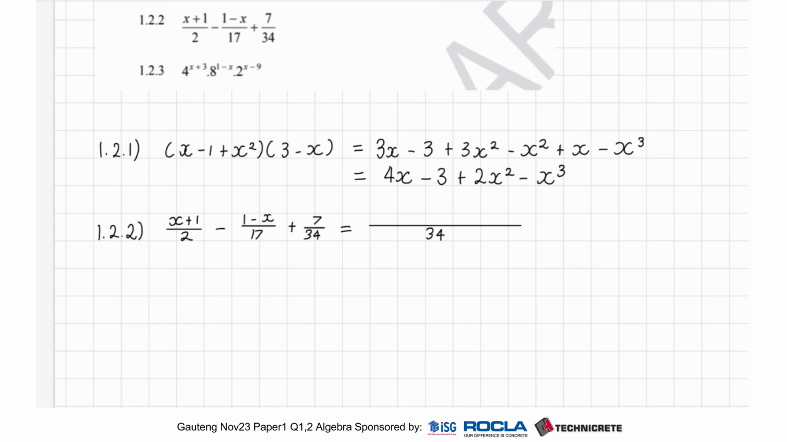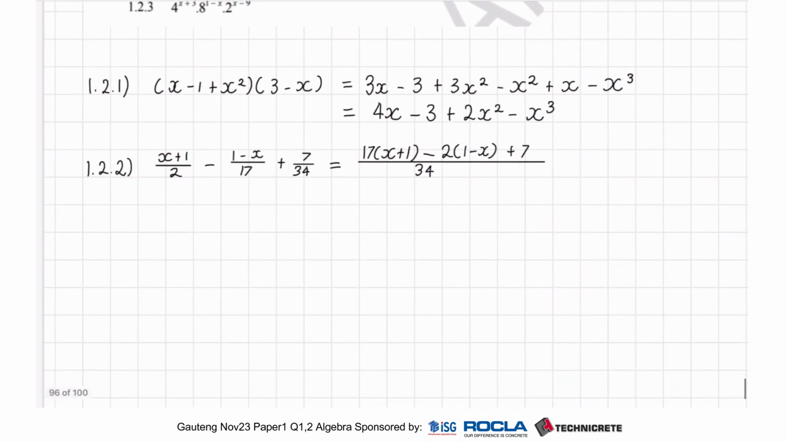For the first expression, x plus 1, I have to multiply it by 17. The second expression, I'm multiplying by 2, so I had negative 2 times 1 minus x. And the last one, I don't have to multiply by anything because the denominator was already 34. And now I'm going to expand the brackets. So for the first one, I have 17x plus 17 minus 2 plus 2x plus 7